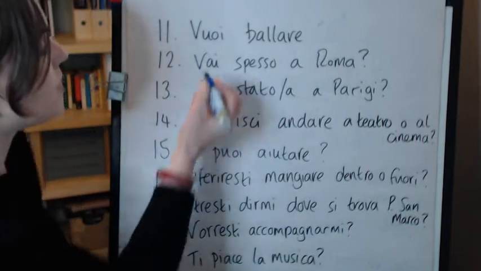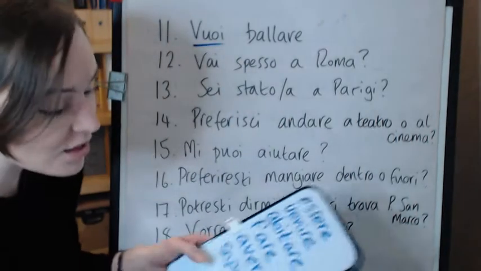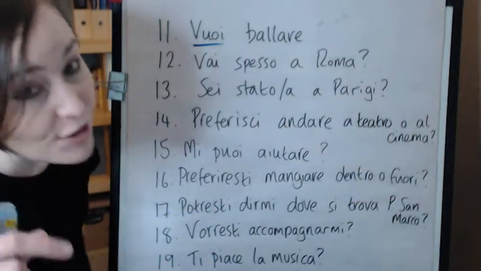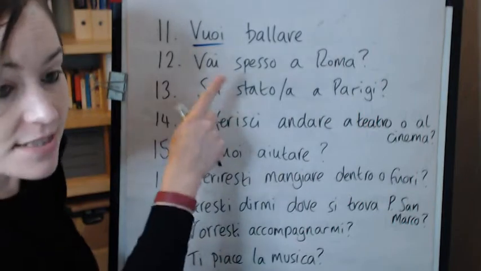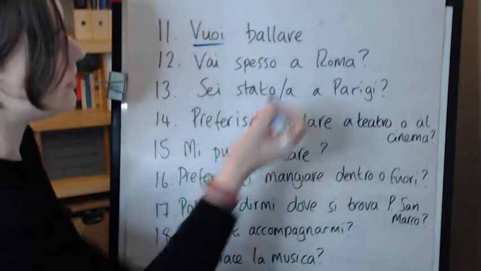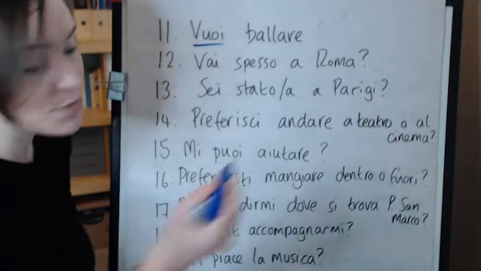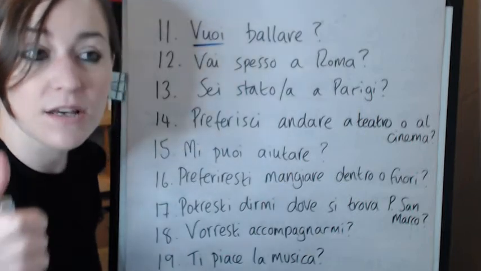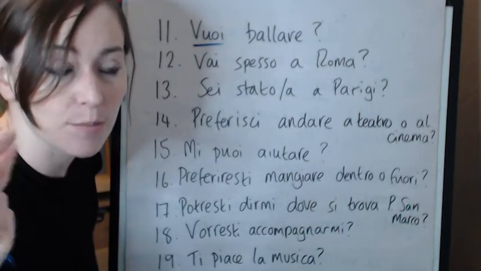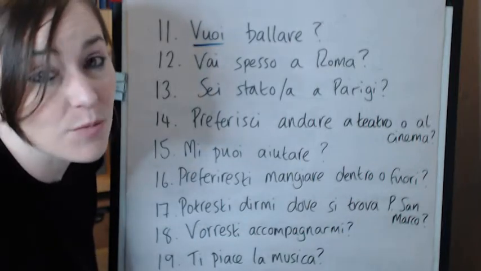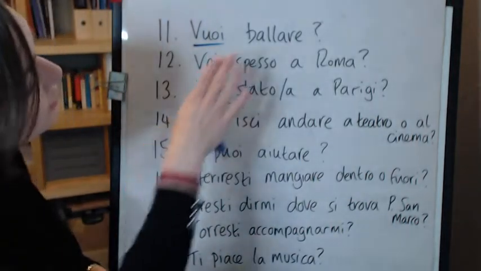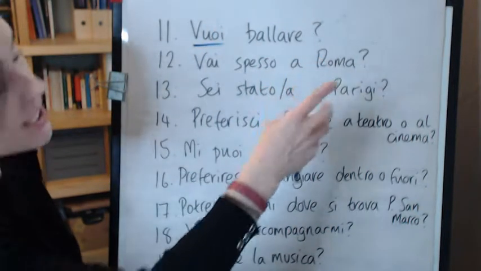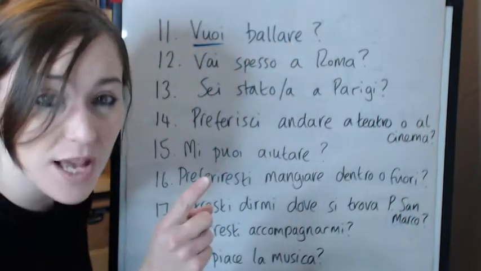So, let's look for the verb. Vuoi. Another irregular verb, the verb volere. It's also a modal verb, very useful. And in this particular instance, the verb is followed by an infinitive verb. So that's something that happens with modal verbs. Volere, dovere, potere, also sapere works in the same way. We just saw sapere. You can follow it directly, you can conjugate it in the tu or the lei or the noi or the voi form, and follow it with an infinitive verb, and this is what happens.